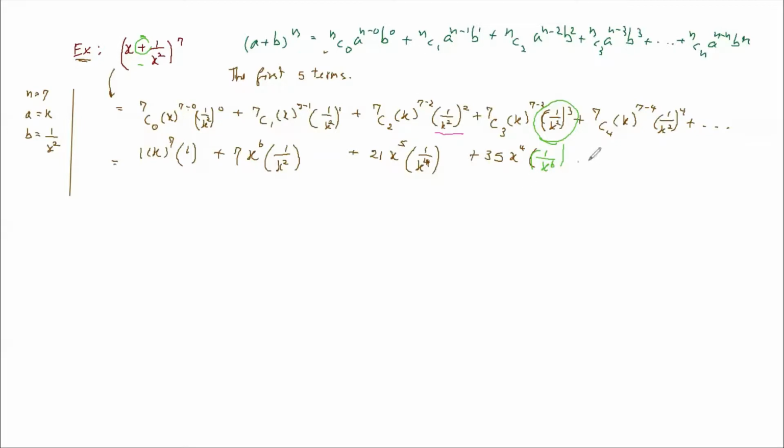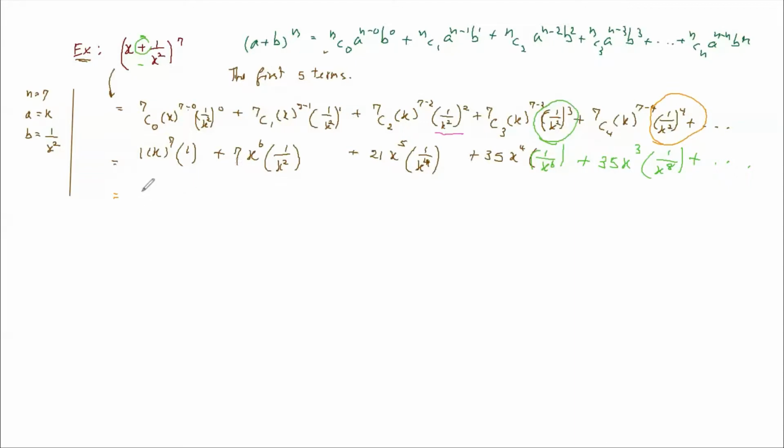So this one plus 35 x power 3 times 1 over x power 8 plus, and then dot, dot, dot. Don't forget this term again. Okay, they will be different. Okay, don't forget, it should be inside there. 4 power 4 becomes 8. Now next one,